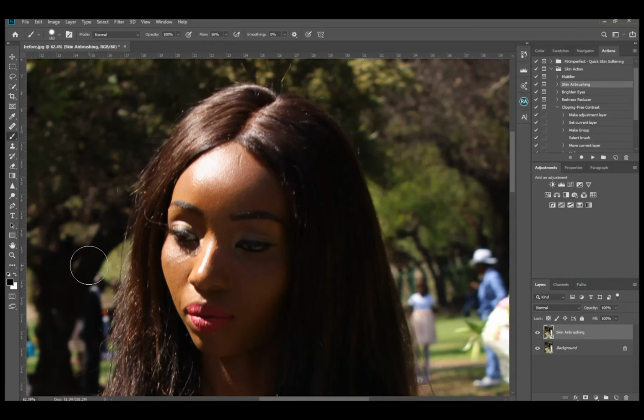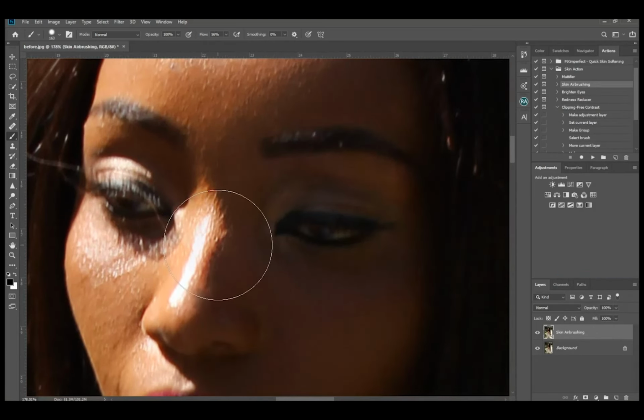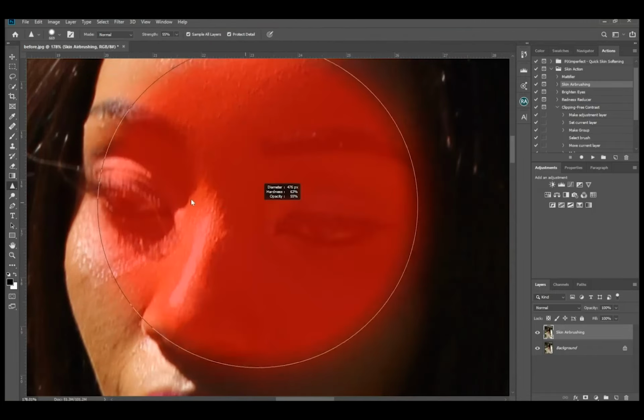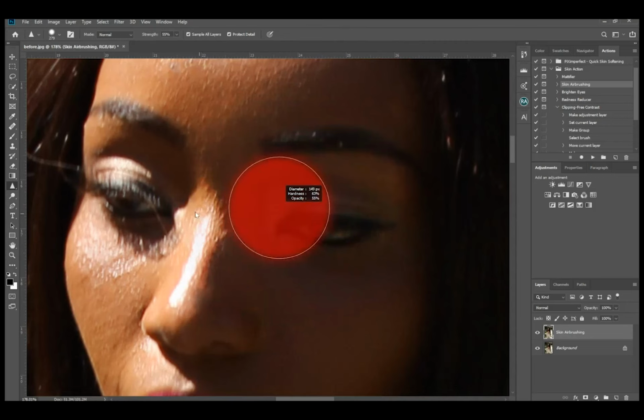When you're done, there's a couple of things that you have to do. If perhaps your image is not as sharp as you want, you can sharpen your details on the image. So for instance, for this example, I want to sharpen the eyes. So I'm going to select the sharpening tool,